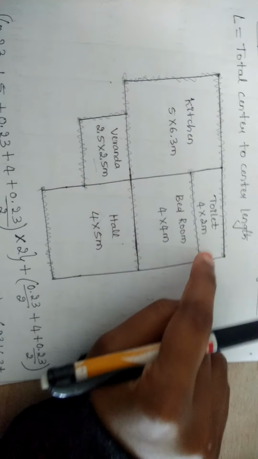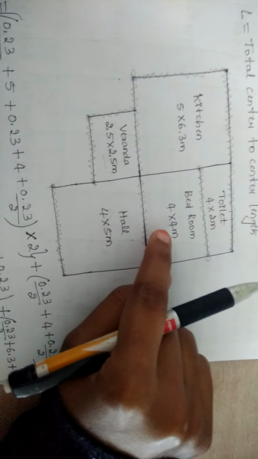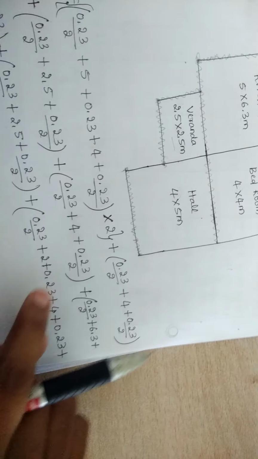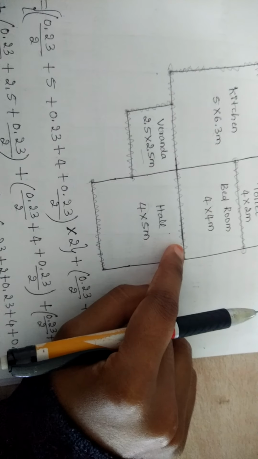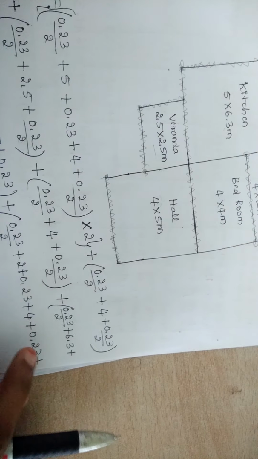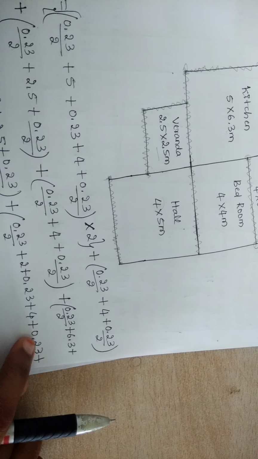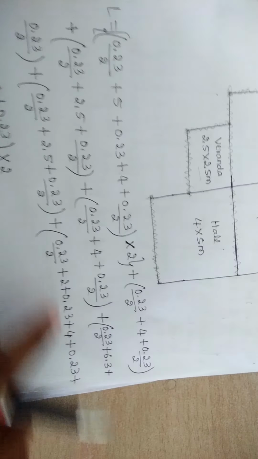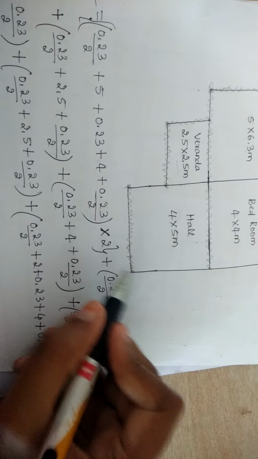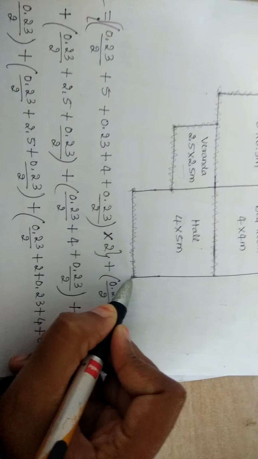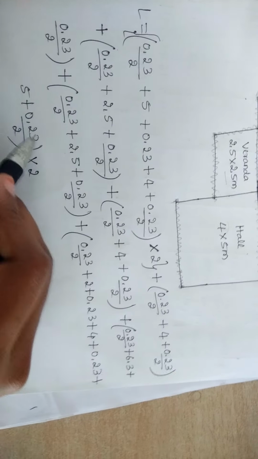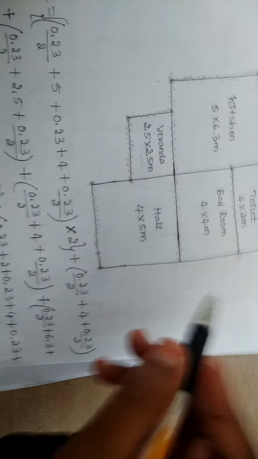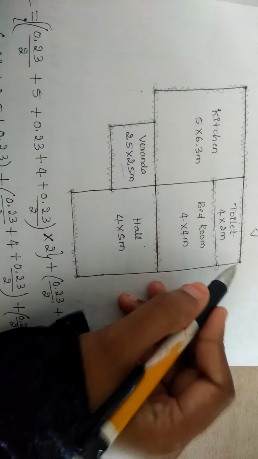Now I will take the thickness of the wall as 0.23 of this, and then I will add that with the clear distance of the bedroom, that is 4 meter. Then plus again one wall you can see in between this. You have to take the whole thickness of the wall, that is 0.23, plus then the 5 meter wall, the length of the 5 meter wall you have to take. Then plus once you reach this point, at the end you have to take half of the thickness, that is 0.23 by 2. So now that gives me the whole center to center length of the larger vertical wall.